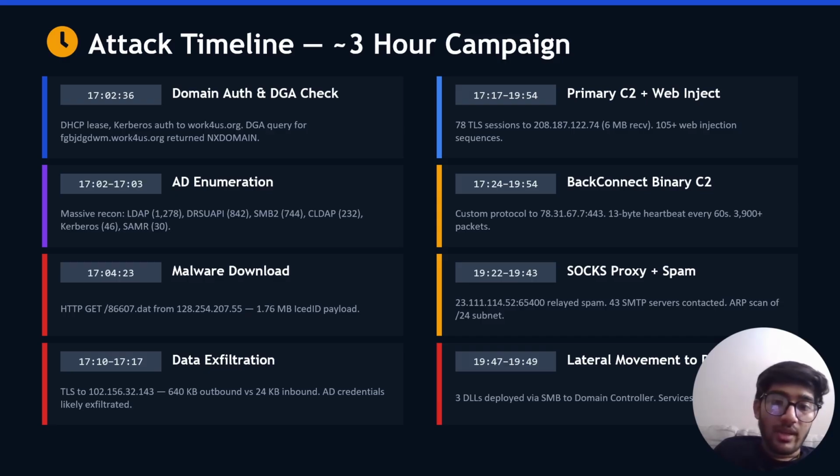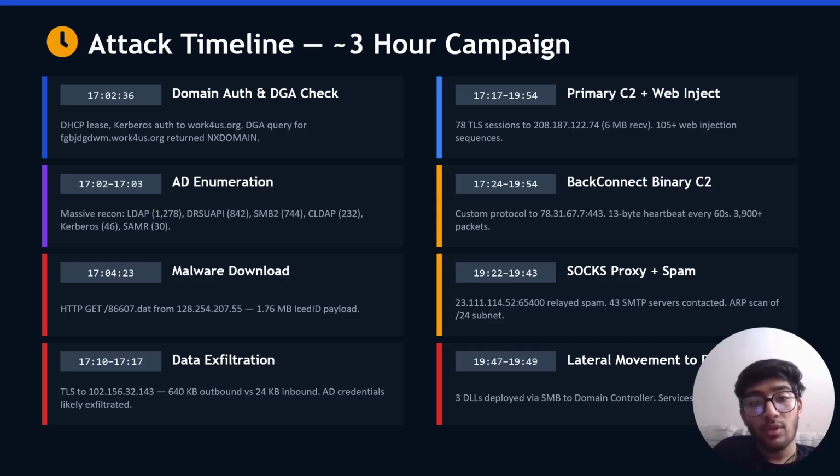And between 7:10 and 7:17, data exfiltration began over TLS with the IP 102.156.32.143, sent outbound, likely to harvest AD credentials. Now on the right-hand side, the other 4 phases. From 17:17 onward, the primary C2 channel was established with 78 TLS sessions, receiving about 6 megabytes of data. Simultaneously, over 105 injection sequences were observed. A BackConnect binary C2 channel was also established